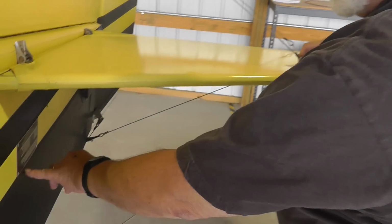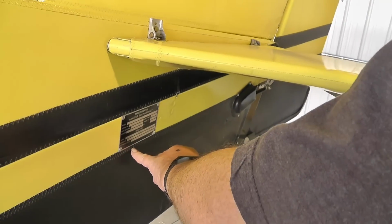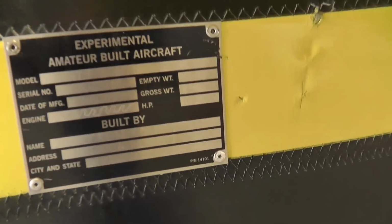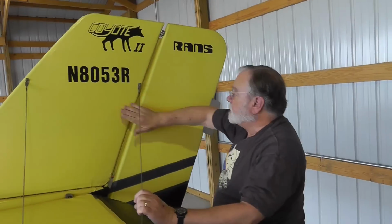This, by the way, is the nameplate for the aircraft. It's very difficult to see what was put there because it was engraved very, very lightly. It's got the first owner's name on there. So this is the aircraft tail number right here. It's on the tail,